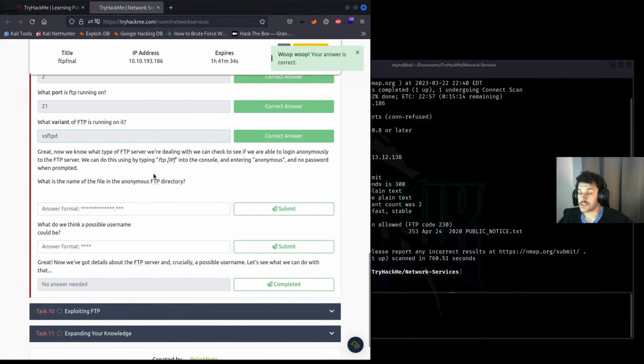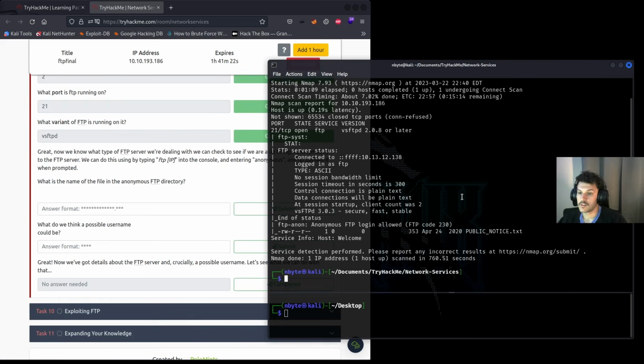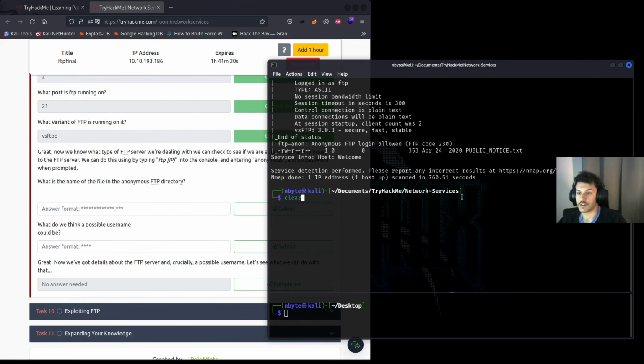Now that we know what type of FTP server we're dealing with, we can check to see if we're able to log in anonymously to the FTP server. We can do this by using the FTP command and the IP, and then entering anonymous with no password when prompted. So let's go ahead and clear that out. We can also see here that anonymous FTP logins are allowed and that there's a public notice txt file that might be useful. So let's go ahead and do FTP